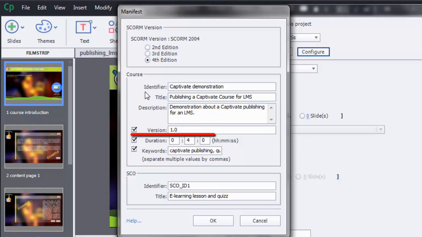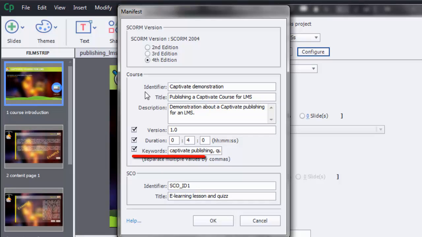In the version field, specify the version number of your course. For a first version, you can enter 1. But if you have made an update and want to keep the previous version in your learning management system, don't forget to change this number. After, the duration field consists in entering the time you estimate for trainees to follow this course from start to finish. Enter the time you estimate. For this demonstration, I've defined it to 4 minutes.